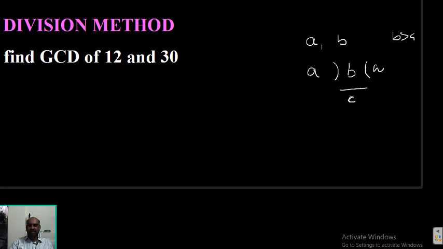If C is 0, then the GCD of A and B is taken as A. If C is non-zero, then C becomes the new divisor and the old divisor becomes the new dividend, and you proceed. For example, you get another quotient Q2 and the remainder is D. If D is 0, that is, if your remainder is 0, then C is said to be the GCD of A and B.